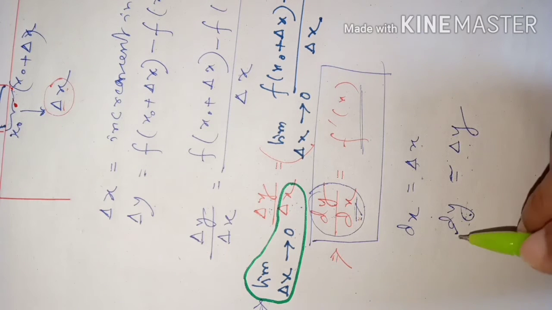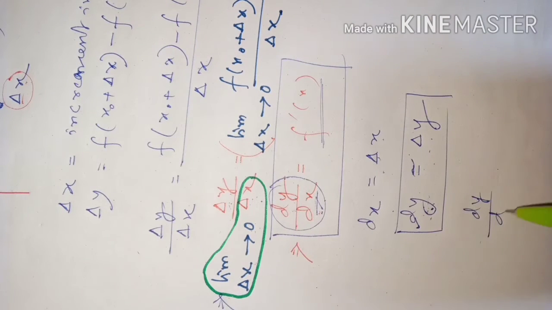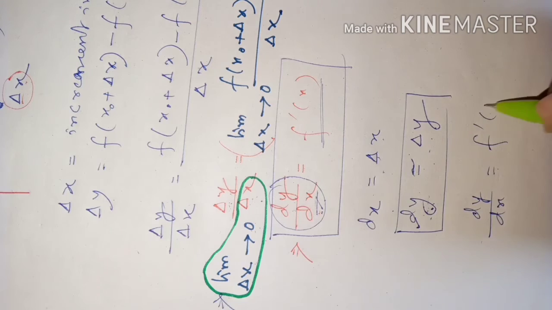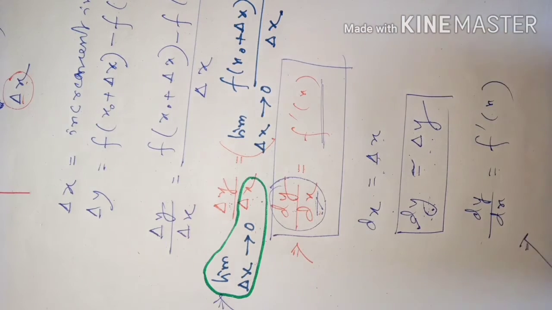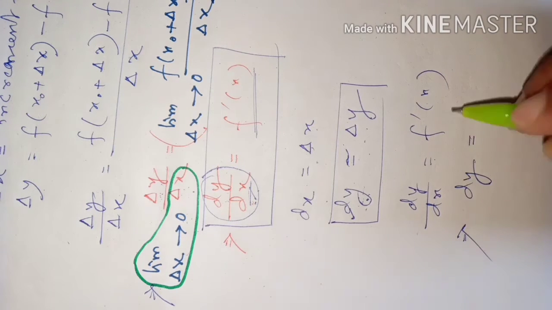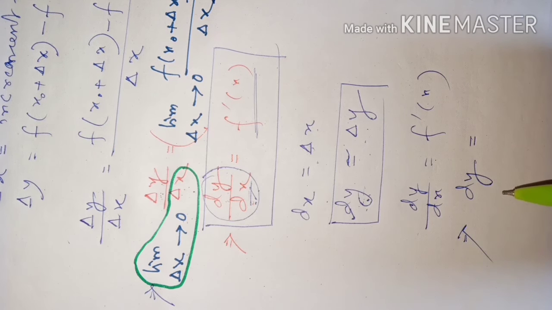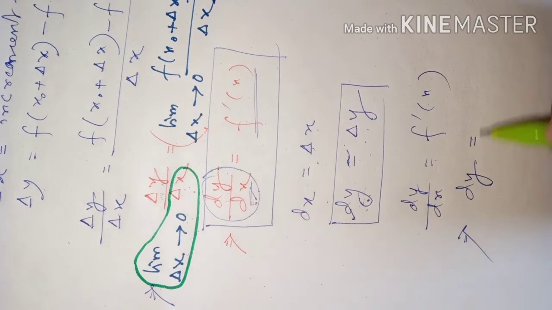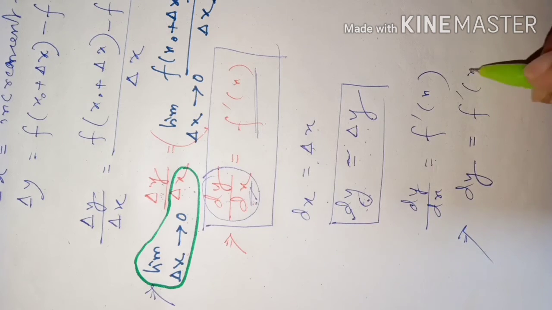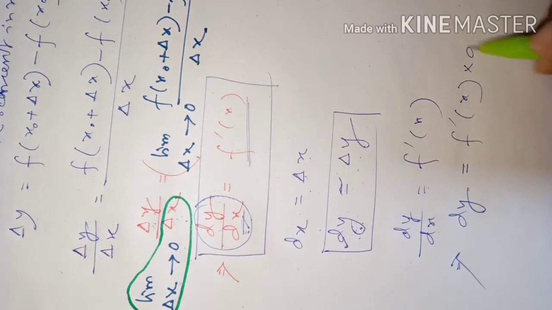Okay, dear students, so now if you have understood this, that dy by dx is equal to f dash x, then if you want to know the approximate increment in y, you can calculate it from this formula. That is, the approximate increment in y can also be found this way: you find the derivative of the function and multiply it by the change in x, that is dx.